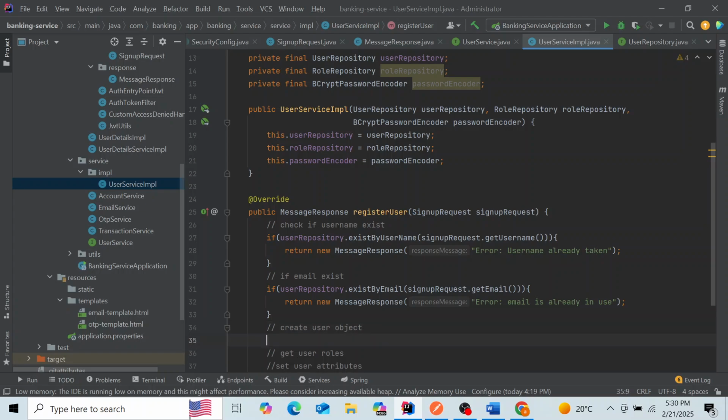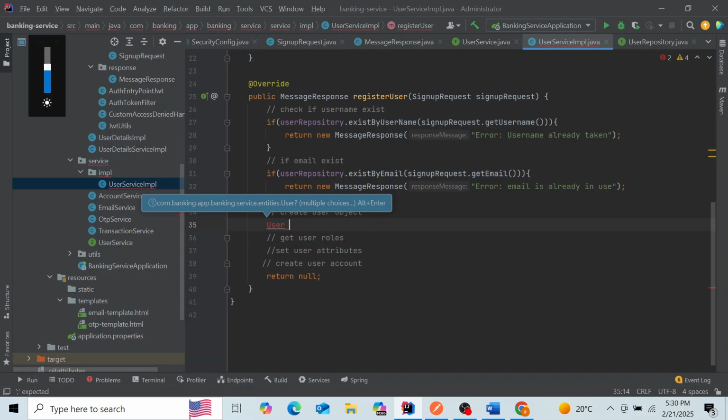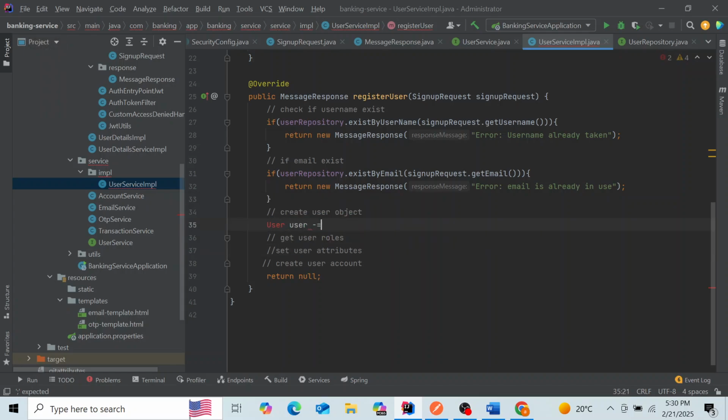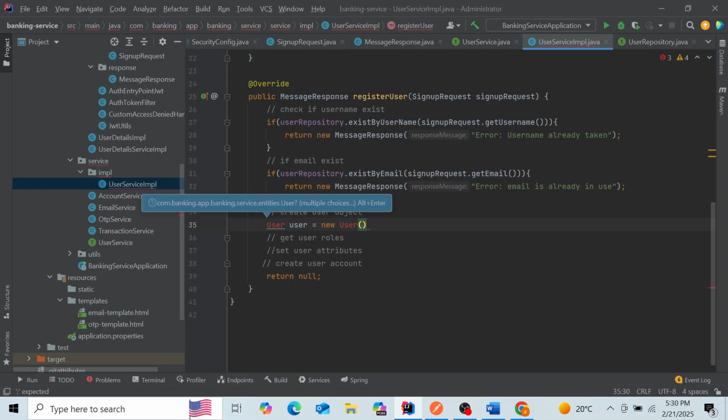I will say User user is equal to new User, and inside here we want to pass the four parameters. I want to increase the brightness so that you can see well. So I want us to pass signUpRequest.getUsername, and let me put them on a new line, signUpRequest.getEmail,